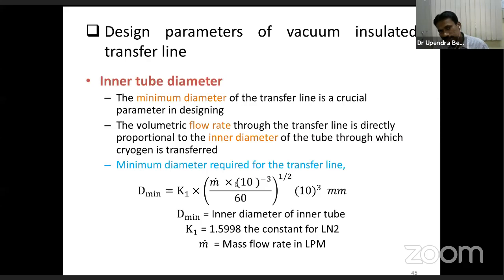Here it is given in liters per minute, so kg per minute. So per second it is divided by 60, and then this comes to grams per second, and then to get the diameter in millimeter, multiplied by 10 × 3. So from this equation, one can find out the minimum diameter of the tube needed for a particular flow rate,